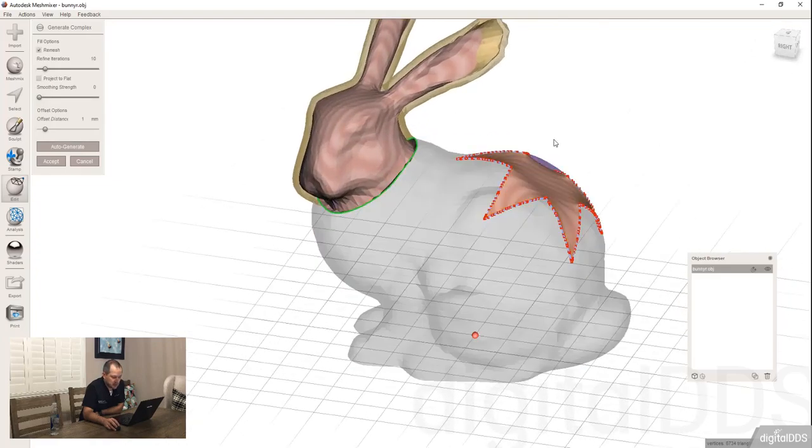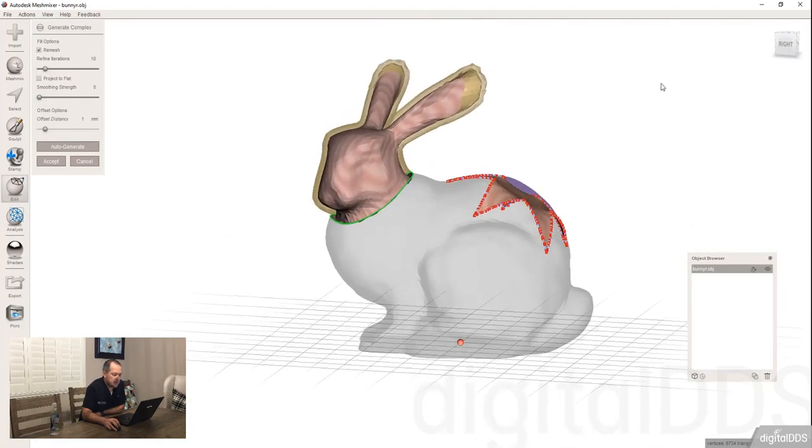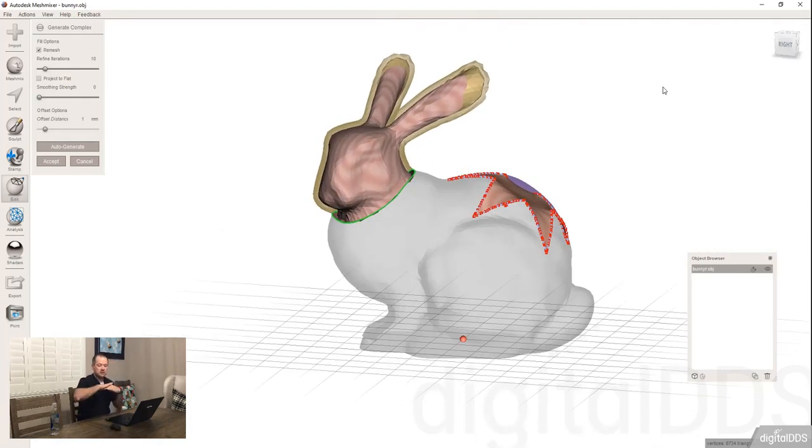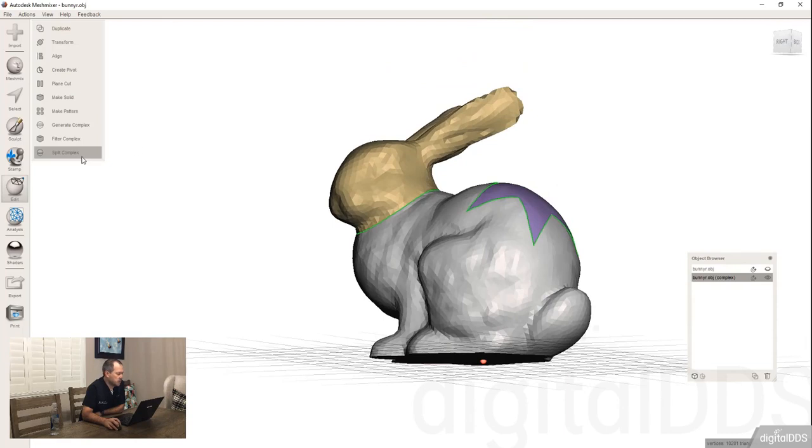And you can start to see what it's doing on these. Notice on the rabbit, instead of doing the offset into the body of the rabbit, it's creating a hollow on the rabbit, which is interesting, which I guess technically could work on a 3D printer, but I wonder about a couple things, and I'll show you what I mean. And then this right here, instead of being an offset, see how it's kind of capping it off? And so we're going to hit accept, and then it still looks normal,